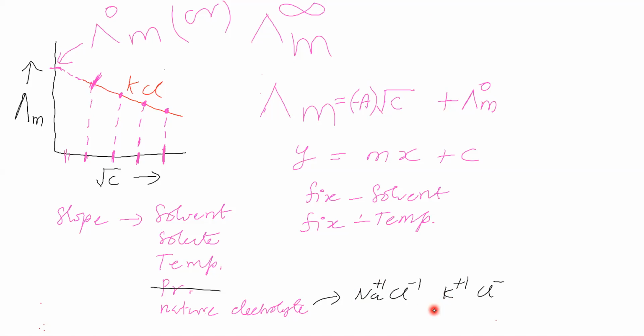Now we will see lambda m. Lambda m for Na plus and lambda m for K plus are certainly different, there is no doubt. Some difference will be there. Charge remains the same, here plus 1, here plus 1. So, the NaCl graph and the KCl graph, if you see,